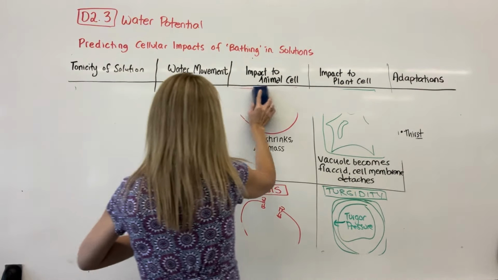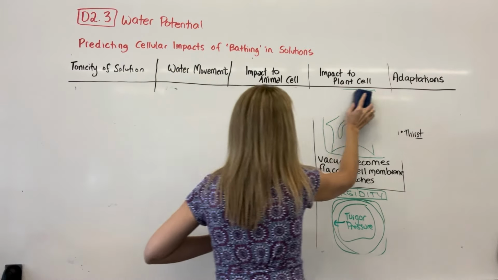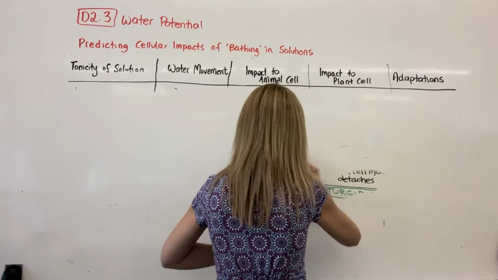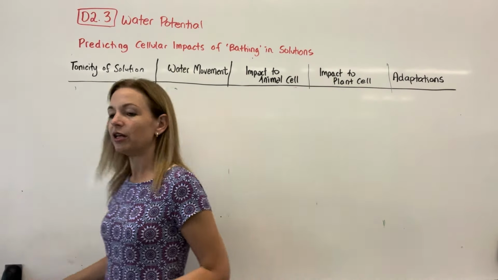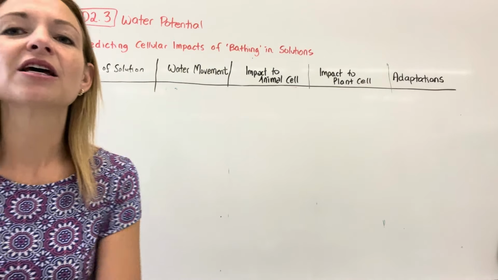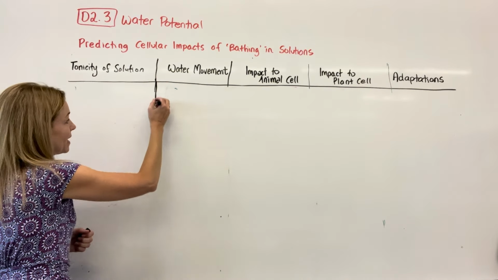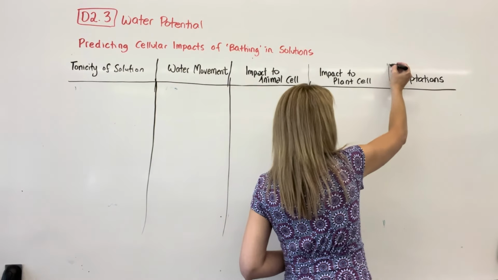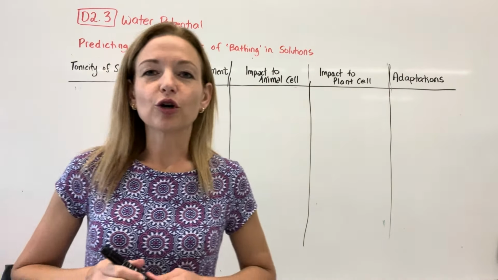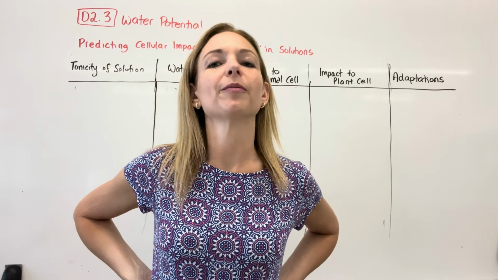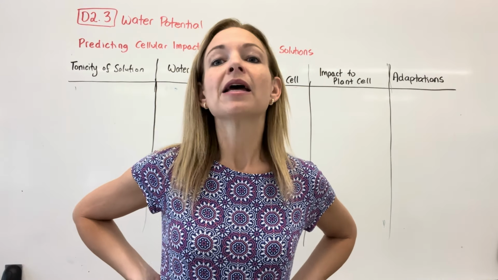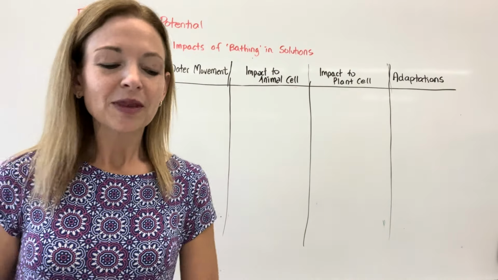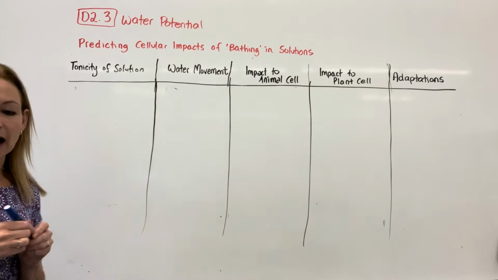So the idea is ideally the solution is similar to the cell. So a cell that was in an isotonic solution would not go through any dramatic changes. So our goal in our bodies is to try to maintain our body at an isotonic point. So that's, again, why we have kidneys and things like that. So the goal of the kidney is to try and keep our blood isotonic to our tissues, so to keep that regulated. So that's an important adaptation that we'll cover on there. So our last option is that the solution is isotonic.